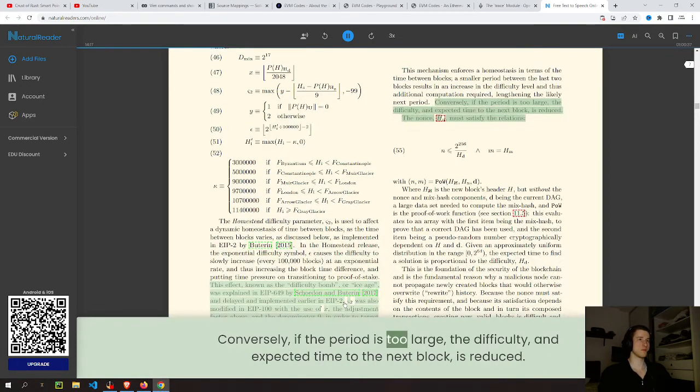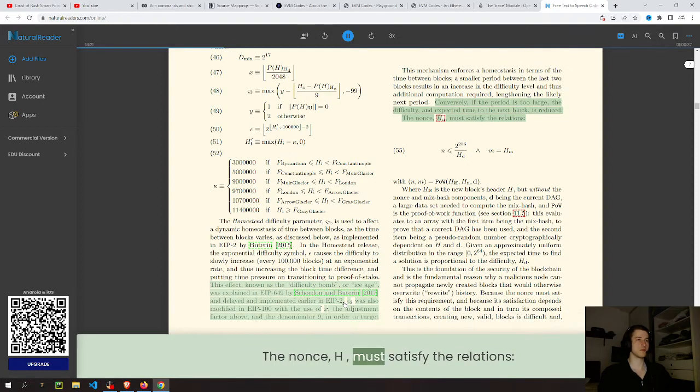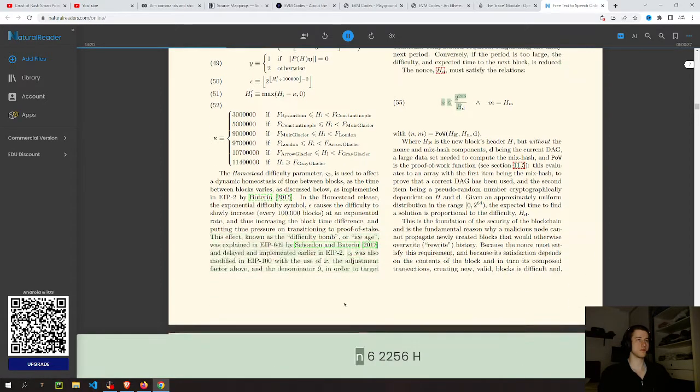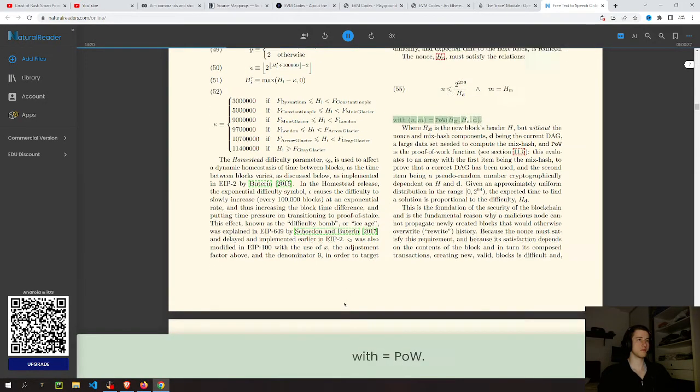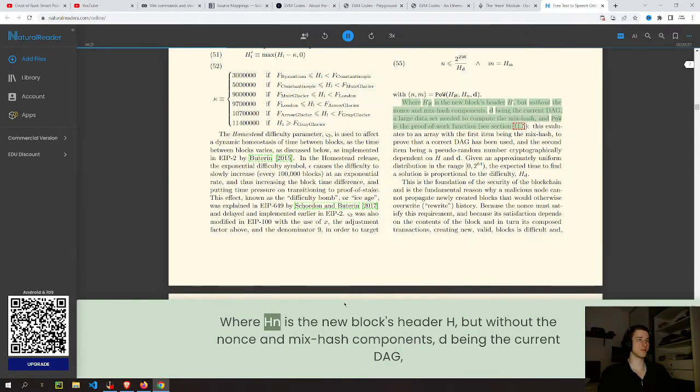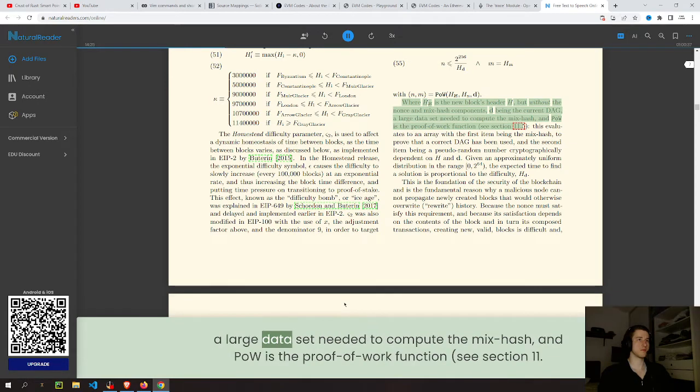Conversely, if the period is too large, the difficulty, and expected time to the next block, is reduced. The nonce, Hn, must satisfy the relations: n ≤ 2^256 / Hd, and m = Hm, with (m, n) = PoW(Hn, Hn, d). Where Hn is the new block's header, but without the nonce and mix hash components, d being the current DAG, a large data set needed to compute the mix hash, and PoW is the proof of work function,